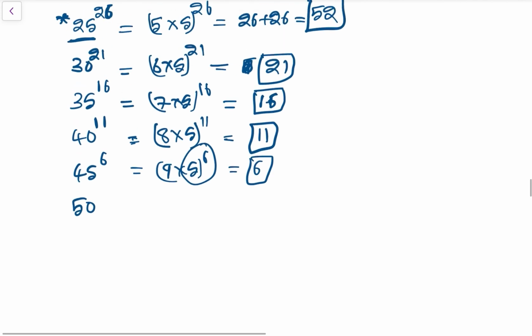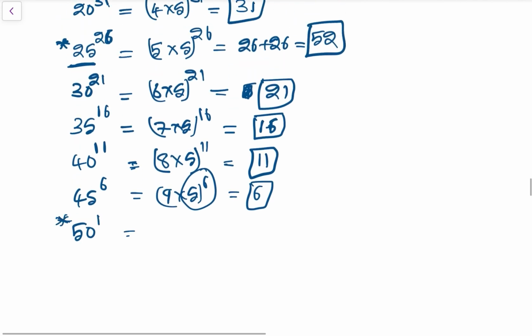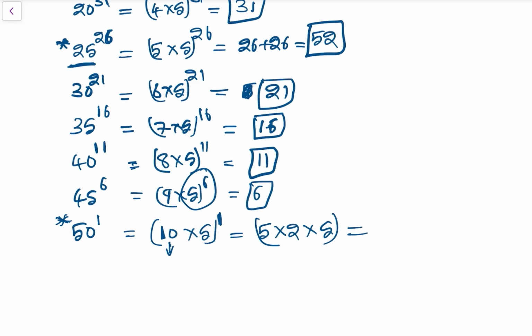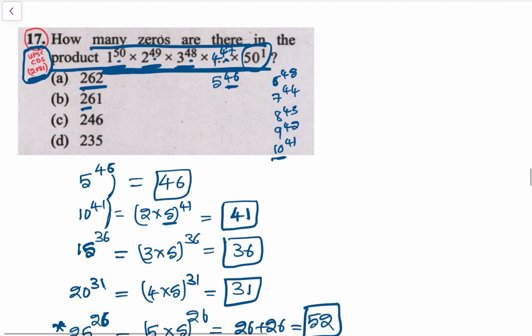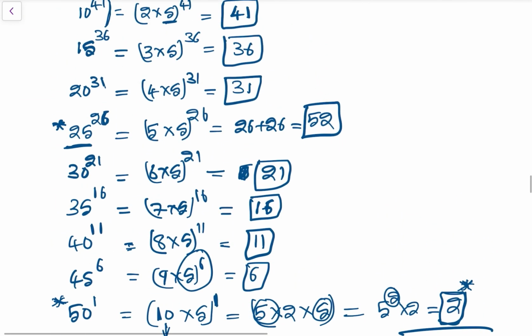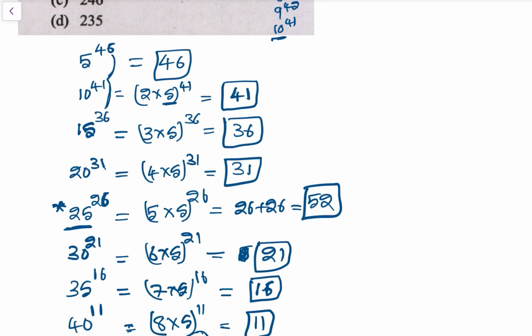अब देखो ये अगेन ये काफ़ी इंपॉर्टेंट है, इसको कैसे क्या करना, 50 to the power 1, so that is 10 into 5, ठीक है, 10 into 5 to the power 1। अब बस ये देखो सिर्फ एक ही 5 है नहीं, सो 10 कैन ऑल्सो बी ब्रेक डाउन, सो 10 कैन बी रिटर्न एज 5 into 2 into 5, ठीक है। सो हियर 5s कितने पॉसिबल है, 1 and 2, सो दैट इज 5 to the power 2 into 2 आएगा, सो नंबर ऑफ 5s पॉसिबल इज 2, सो दिस वुड बी 2 नॉट 1, सो ये काफ़ी इंपॉर्टेंट है, ठीक है। सो नाउ ऐड, अब देखो ऑप्शंस भी देखो, 262 दिया, 261 भी दिया, सो काउंट, व्हेन यू काउंट 46 प्लस 41, ठीक है, सारे काउंट